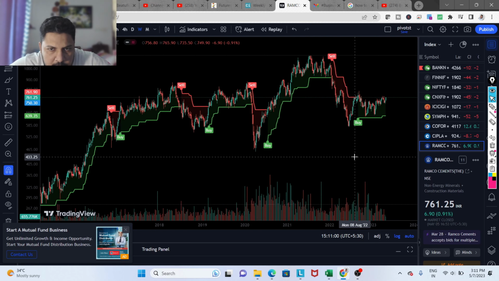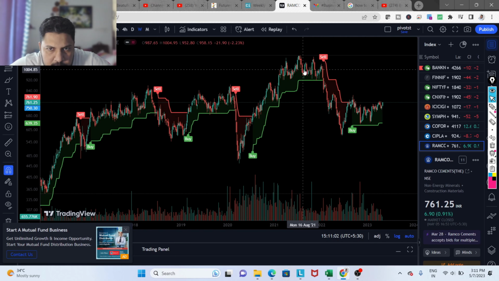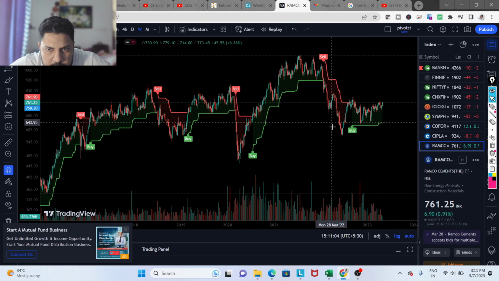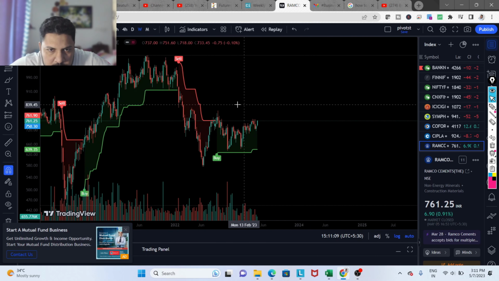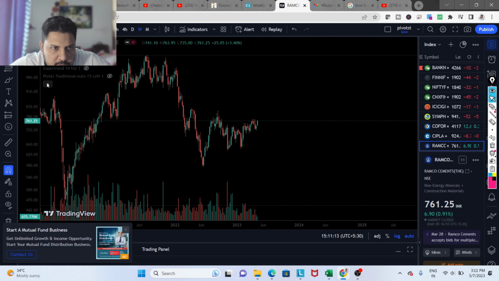Okay, so whenever you got a super trend entry, you have always been able to make money, and there is a short entry also. Here now it is in a sideways zone. Okay, so this level is very important for us to see whether this is going to make